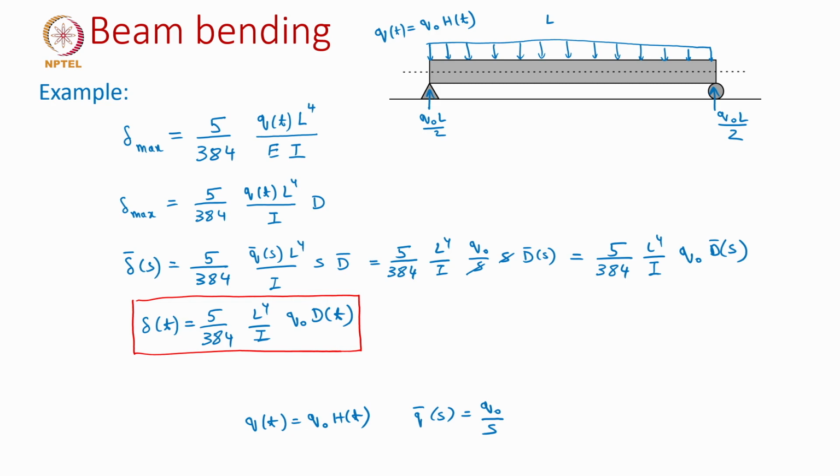So, now it depends on what is the mechanical model we choose. Let us say we choose the Maxwell model to start with. If we choose Maxwell, we have already shown that the compliance D of t is given as t by mu, the viscosity, plus 1 by E. So, once I substitute this into the deflection formula, we should get delta of t as